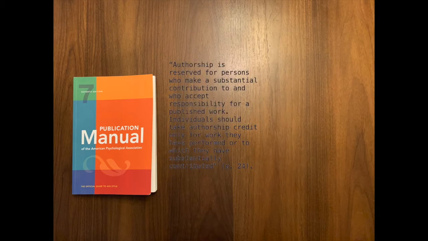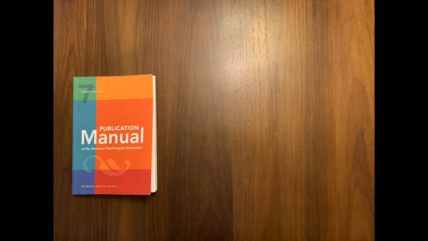APA 7 states that, quote, authorship is reserved for persons who make a substantial contribution to and who accept responsibility for a published work. Individuals should take authorship credit only for work they have performed or to which they have substantially contributed. This means that authorship goes beyond the traditional labor of writing and extends to those who have made substantive contributions to a work. This may include formulating a problem or hypothesis, structuring study design, organizing or conducting analysis, or interpreting findings. Lesser contributions may be made known by the author of a work by including this information in an author note